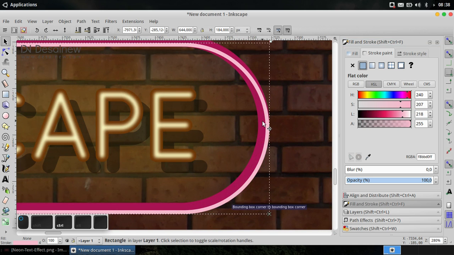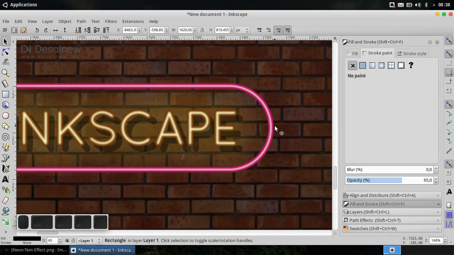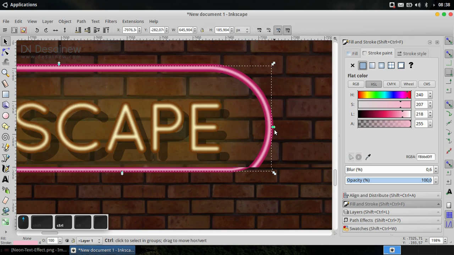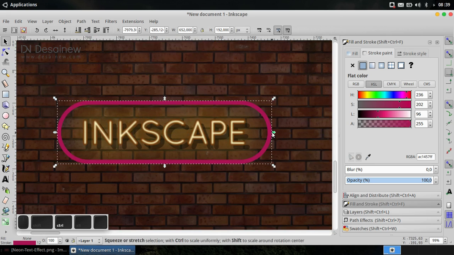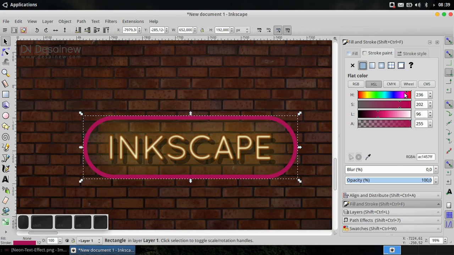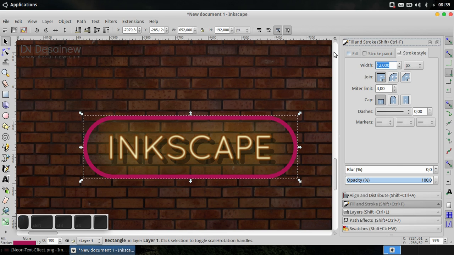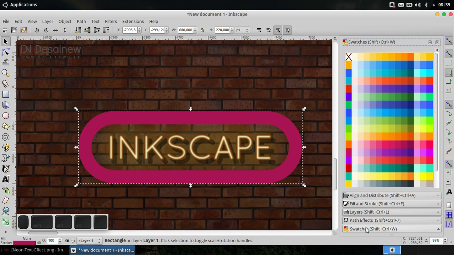Click this object because you must give a blur effect. Blur is 0.6. Okay, and then you can duplicate this object. Duplicate with Ctrl D. For stroke style, for the width section, fill in number 40, and then give pink 800.